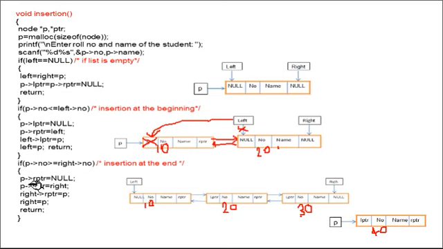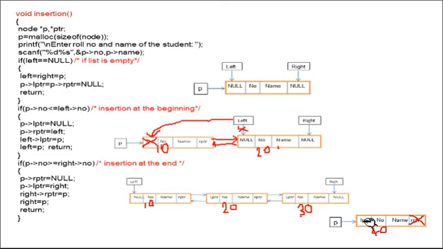So how to insert? P of RPTR. After insertion, this will be the last node. That's why the RPTR of the last node must be null. So that's why P of RPTR equals to null. P of LPTR equals to right.